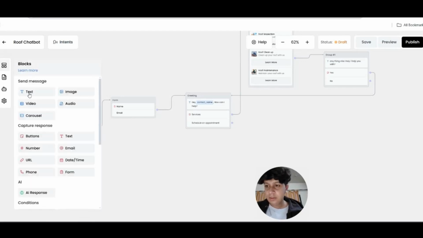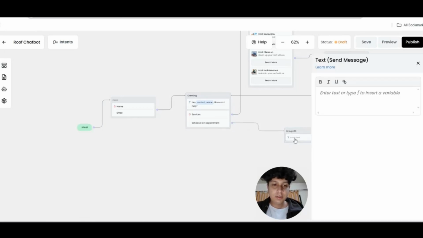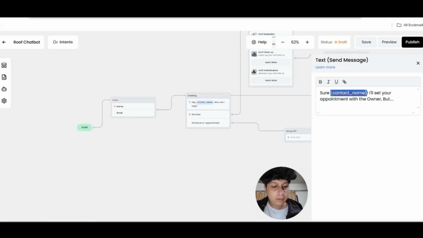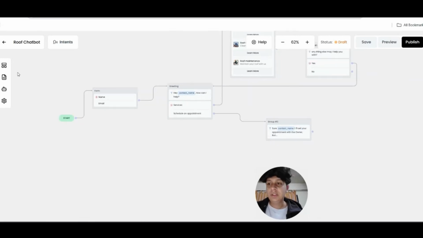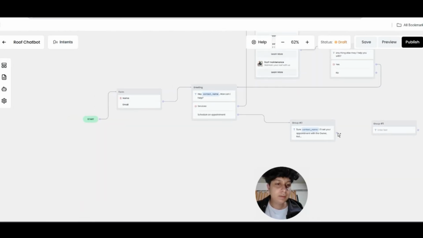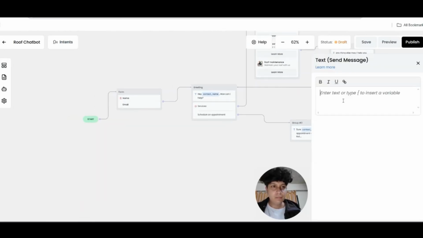Okay, so let's add a text here. We can put a message like this, like sure, contact name, I'll set your appointment with the owner. But there's a catch here. Actually, there's no catch. I'll let the user confirm the details before setting an appointment. So the message should be like this: